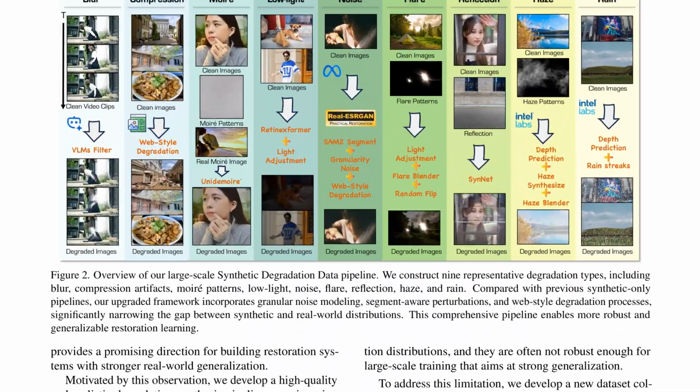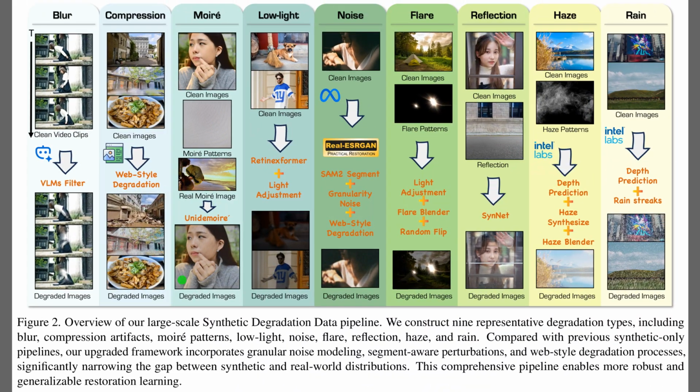Okay. Figure 2 breaks down the large-scale synthetic degradation data pipeline, which trains the model to handle authentic photography. The schematic details how the authors generate 9 distinct types of complex corruptions. On the far left, adding realistic blur relies on clean video clips and vision language model filters. Further right, specialized techniques are applied, like light adjustment for low light conditions and depth prediction for atmospheric haze. By incorporating these granular models and web-style degradation processes that mimic online sharing artifacts, the pipeline narrows the gap between